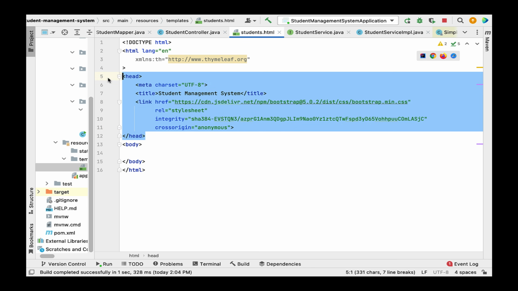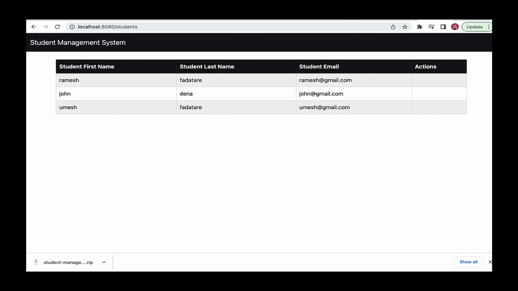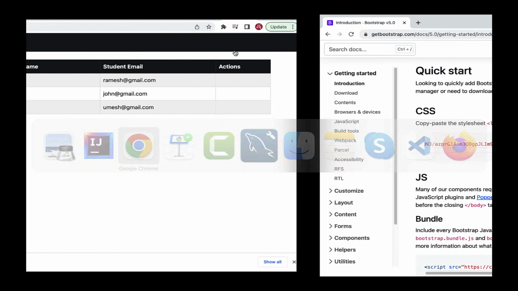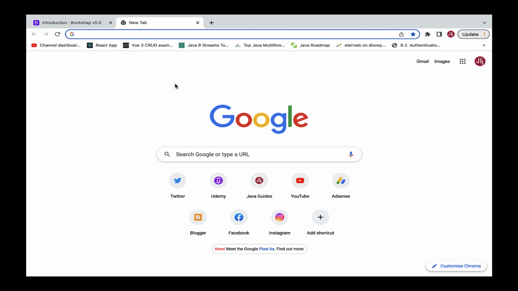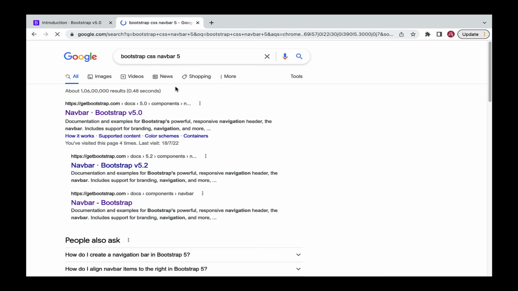Okay, great. Next, we need to add a header to our HTML page. Well, if you look at our screenshot, we need to add a header something like this, and we need to add a project name in the header. Alright, and the header should be in a dark color. Okay, let's go to the browser, and in a new tab just type Bootstrap CSS navbar 5 and hit enter,